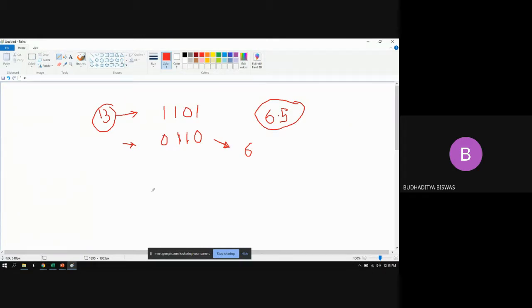It doesn't happen if the number is even. Suppose 14. This is actually 14. If I just shift the data one bit towards the right position, it becomes 0111. So it is exactly the half; 7 is exactly half of 14. So for an even number, in this procedure, no error will be there. This is an errorless procedure. But if the number is odd, then it will cause the 0.5 error.